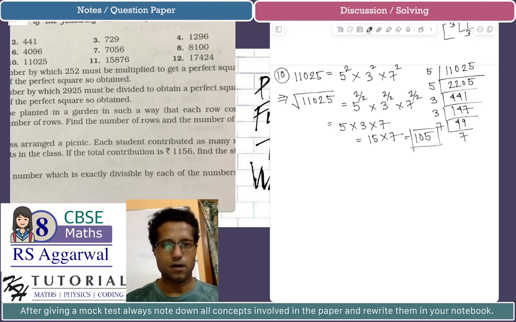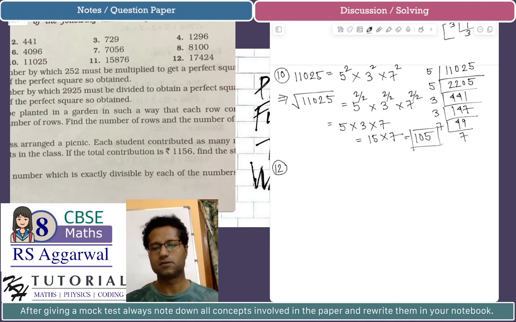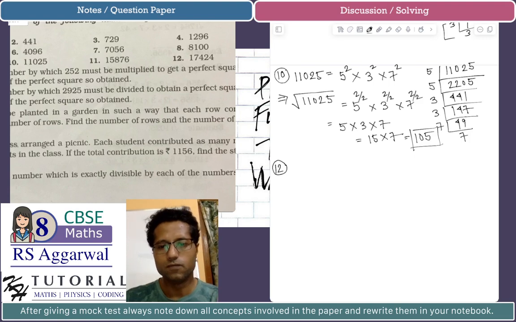Let's do problem number 12. I'm not doing any other problems for finding the square root using the prime factorization method. I'm doing 12. The main task is doing the prime factorization, and then I hope it's quite easy. So 17424. Okay, let's do